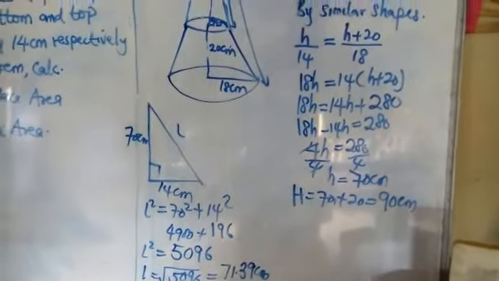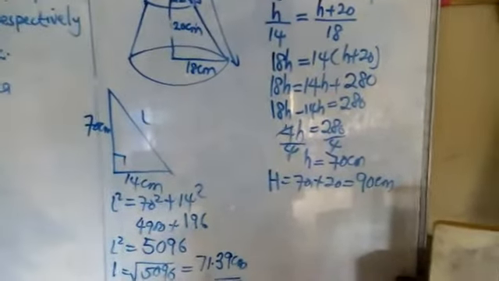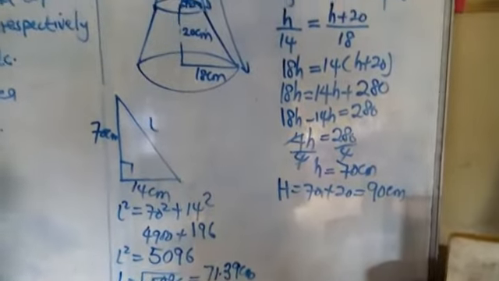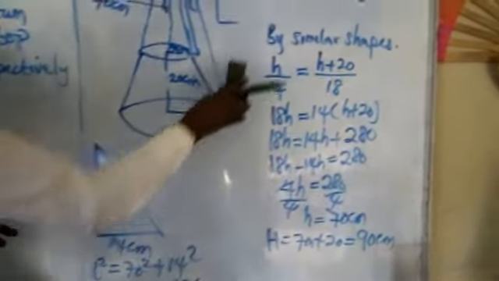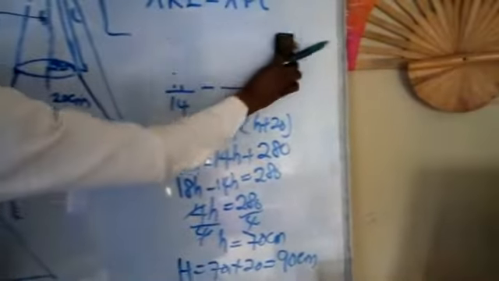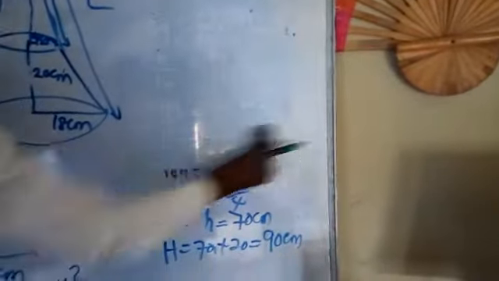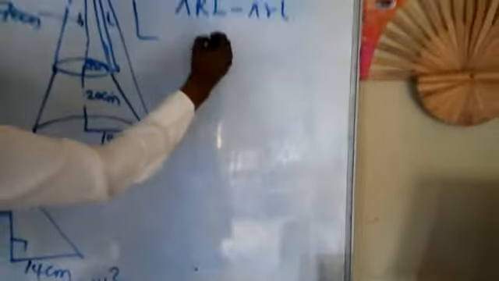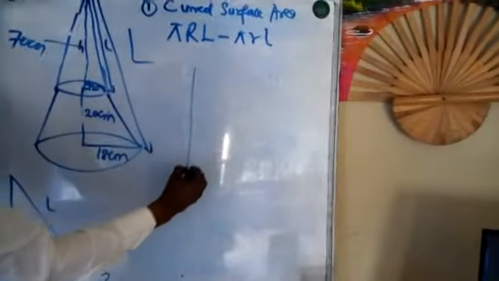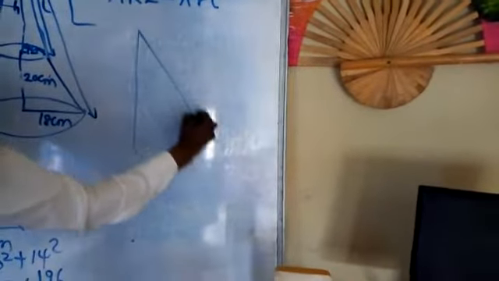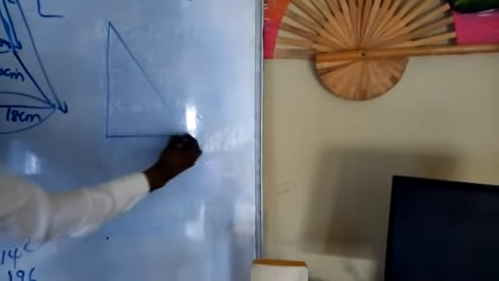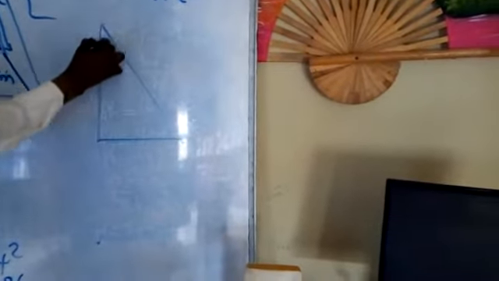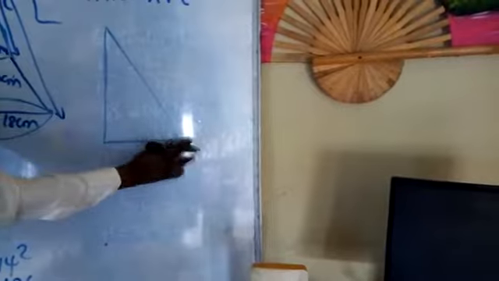So write it down so that I can clean the board in order for us to determine the value of the big L. Now let's look for the value of the big L. Permit me to clean up this place since you have written it down in your notes. In order to determine the value of the big L, I will now be considering from this point to this point, something like this. Are you seeing it now?